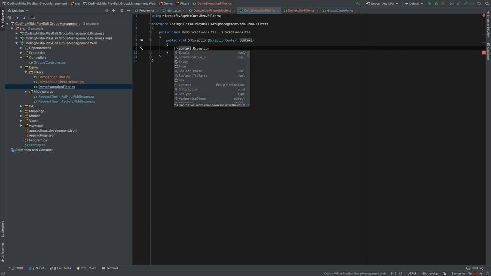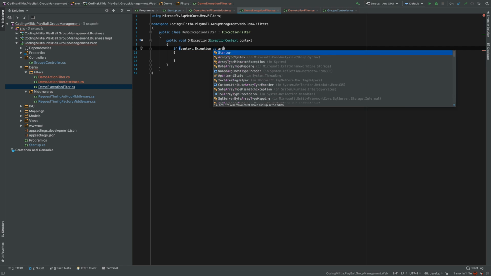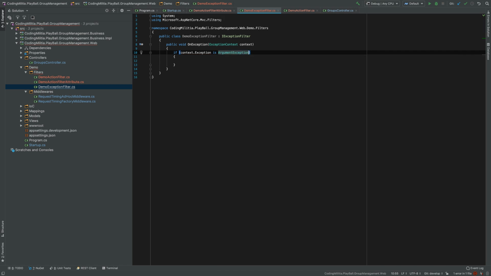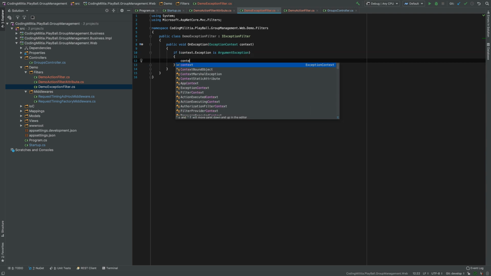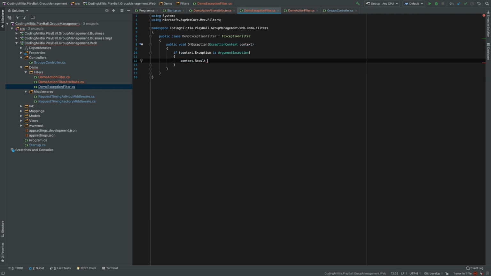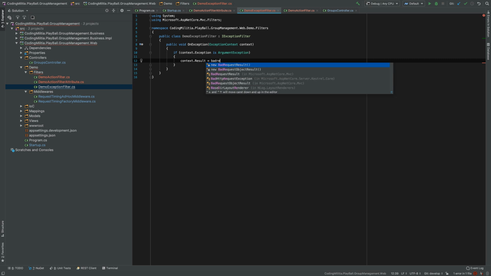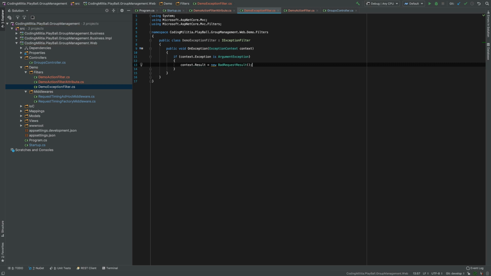I'm going to do another stupid thing for demos, an argument exception. So if it is an argument exception, I want to go to the context, result equals bad request result, because why not? Okay,